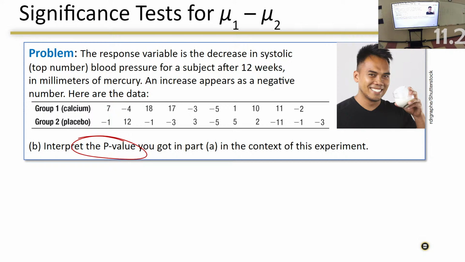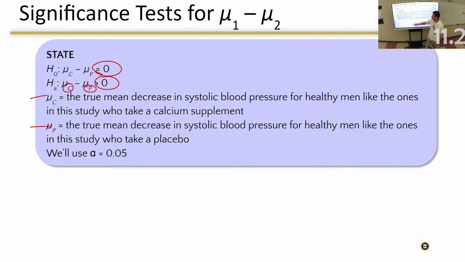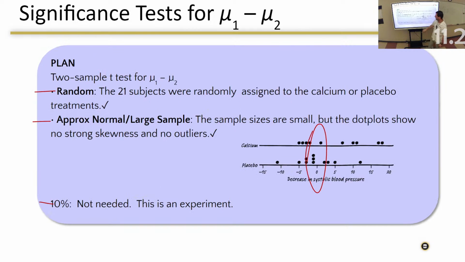Remember what that p-value means. That is the chances. It is a proportion. It is a percent. It is the chances of getting a difference of, what was our difference? I don't even know what it was. It doesn't show me. 5.273, because that's what the difference was. Or less. Or greater. It was or greater, because we did a right-tailed test. Yep, we did a right-tailed test of getting